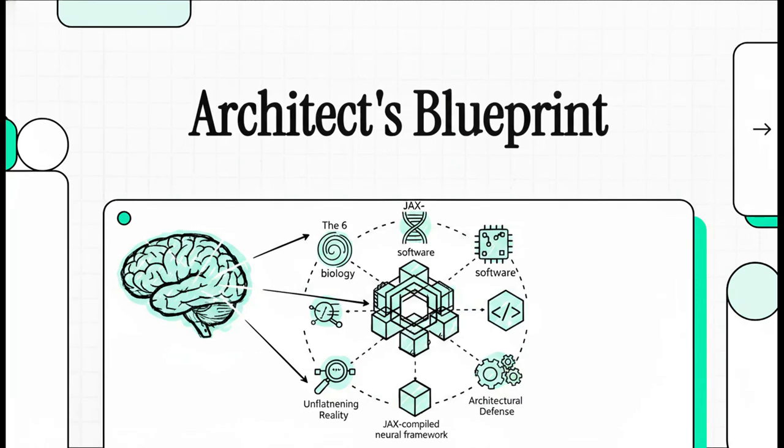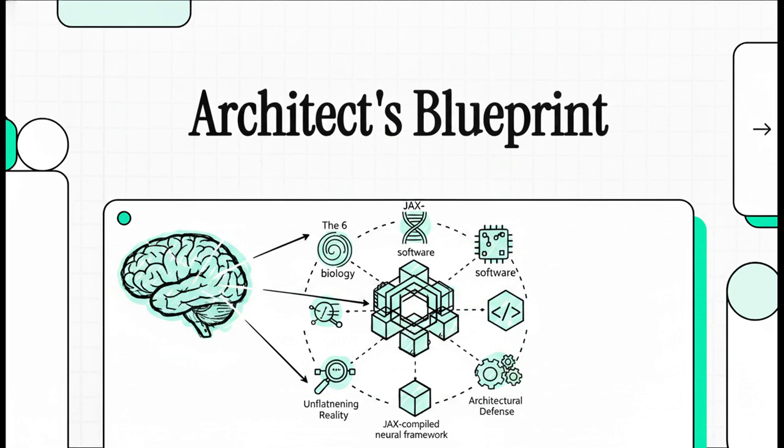All right, let's dive right into what is honestly a massive structural rewrite of our shared connectome. Welcome to this explainer. Today, we're unpacking an absolutely fascinating architectural document. We're going to focus on something called the Six. Basically, these are six profound biological and software insights that have fundamentally rewritten Ajax's compiled neural framework.